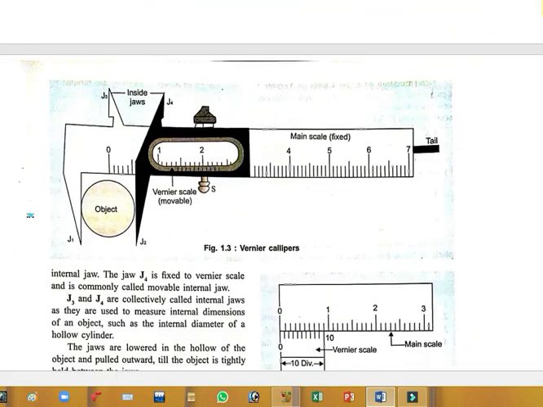So you can see this one. This is the vernier calipers, and its length starts from 0, and from 0 it will continue till 15 centimeter. So this is the main scale. Okay, you can see this is the main scale. Fine. So after the main scale we have